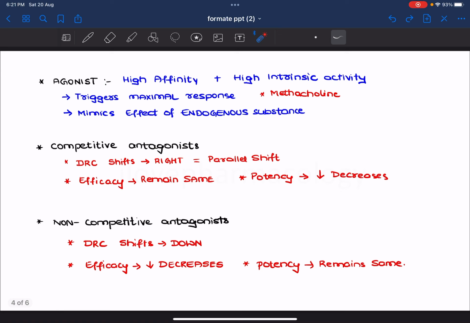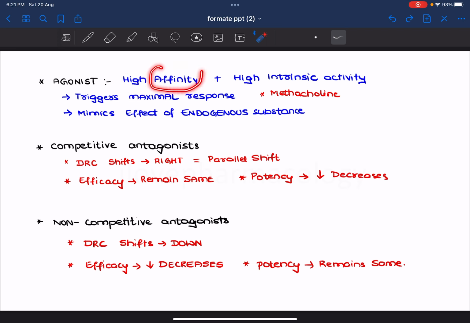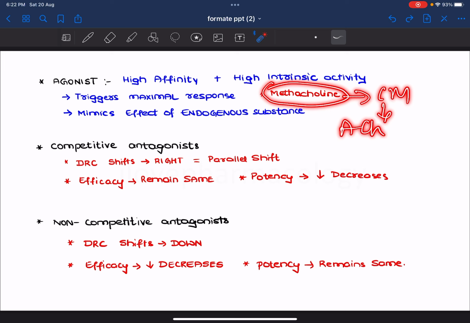Here you can see that the agonist will have both higher affinity as well as higher intrinsic activity. Affinity means the ability to bind. Higher intrinsic activity means the ability to produce the response. So usually the agonist will trigger the maximal response. It usually mimics the effect of endogenous substances. One such example is methacholine, which is a cholinomimetic agent which produces a response similar to that of acetylcholine by binding to the cholinergic